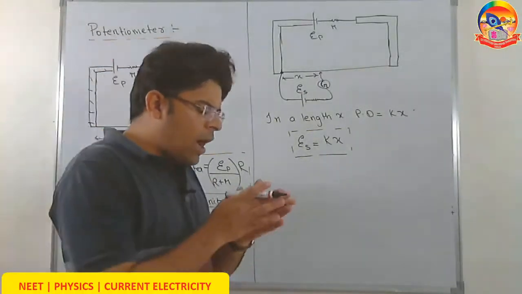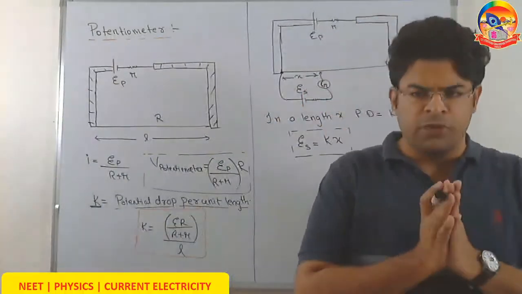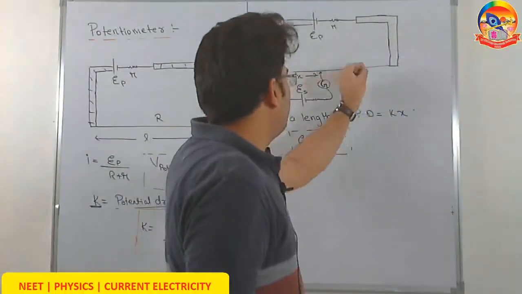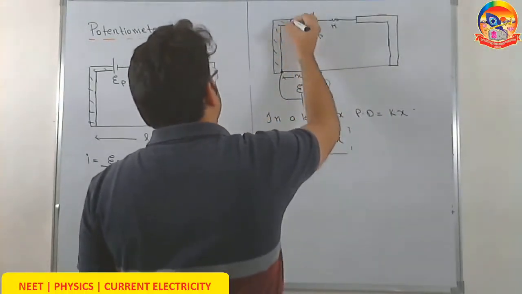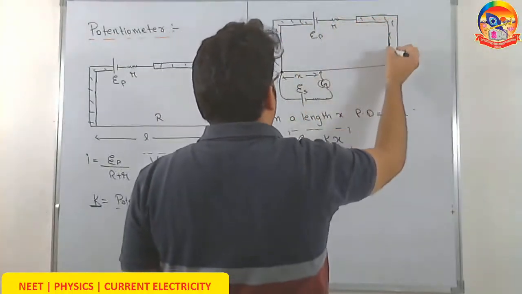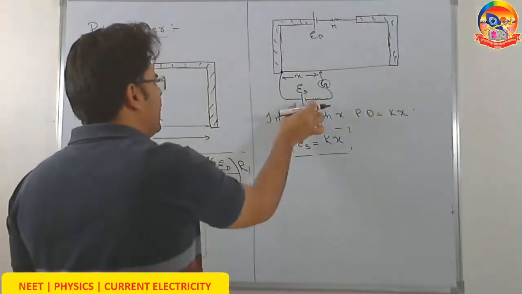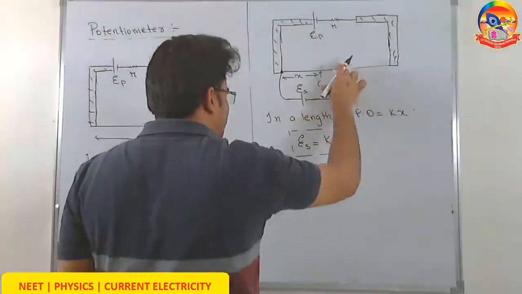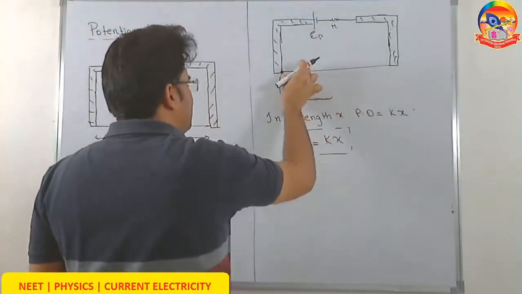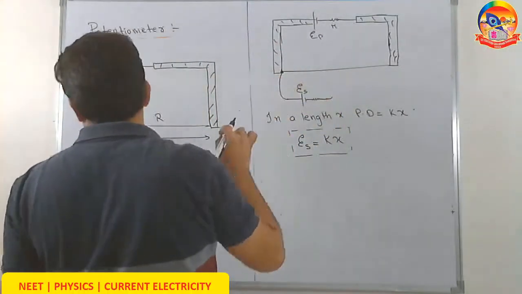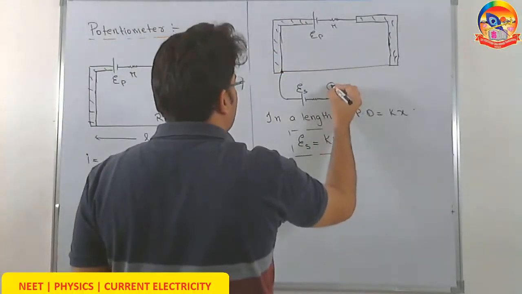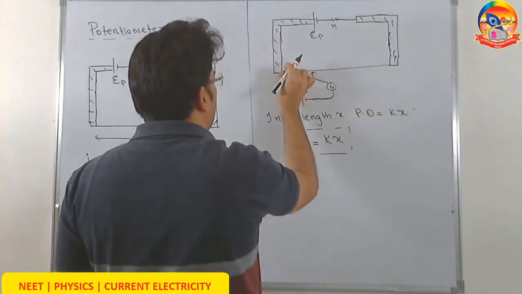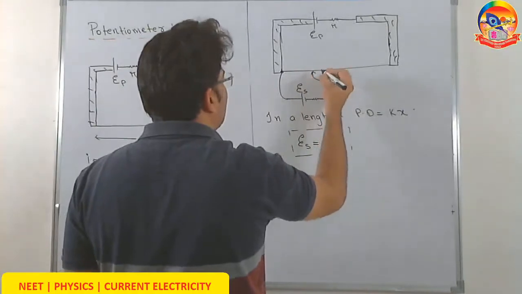So how are potentiometers used? Now, once we know what is the potential drop per unit length in this wire, this can be used to measure some external potential. How? Let's say we need to find the EMF of this cell. We join the cell at one end to the left hand side of the frame. This is the conducting frame, and then we connect a galvanometer, and then we move the jockey on the wire till the time we get a null point.